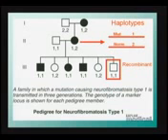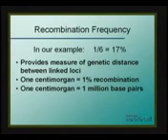And notice that between those two particular genes that we're looking at in this family, we found recombination occurring in one child out of 6. Since we found recombination in one child out of 6, we say that the recombination frequency between those two genes in this family was 1 divided by 6, or 17%. That 17% recombination frequency gives us a measure of the genetic distance between those two genes, the neurofibromatosis gene and